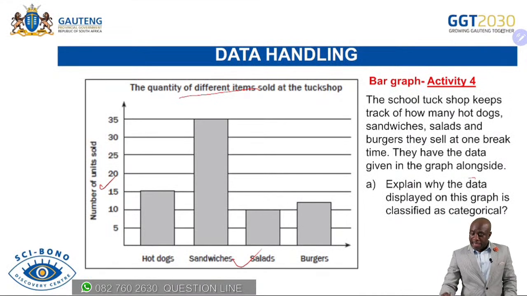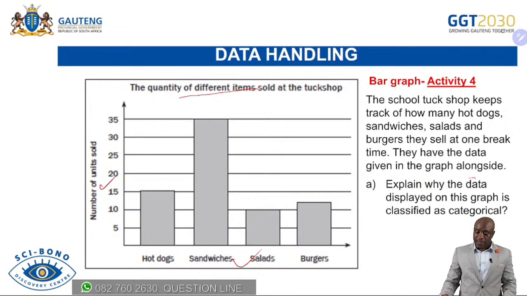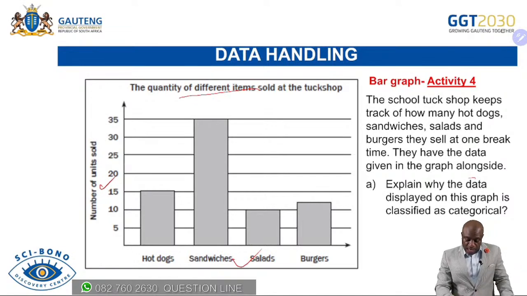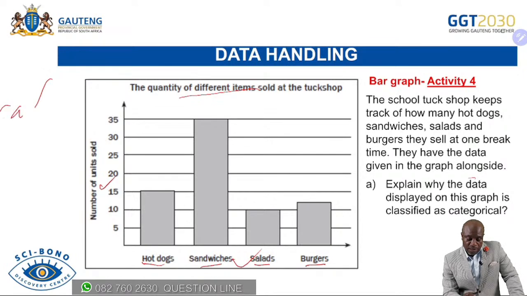Thank you. Now, we need to explain. The question is asking us to explain why this data is classified as categorical. Now, if you check there, we're saying hot dogs, sandwiches, salads, burgers. So these are foods that are sold in a tuck shop. These are items that are sold in a tuck shop. And we remember what we said about our data. We said our data is either categorical